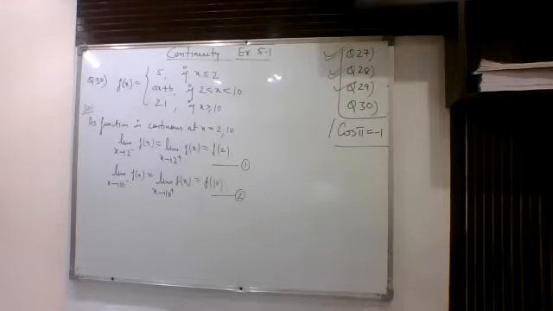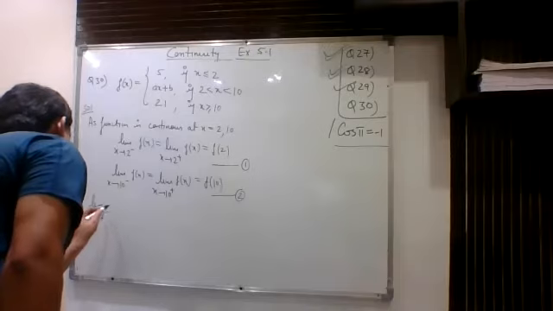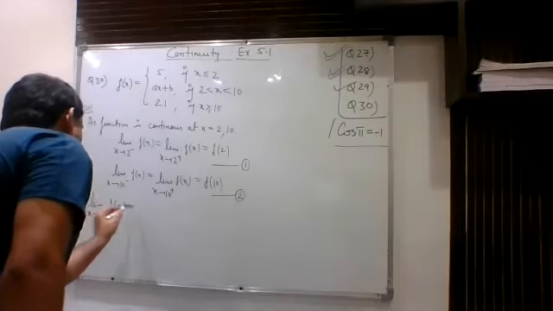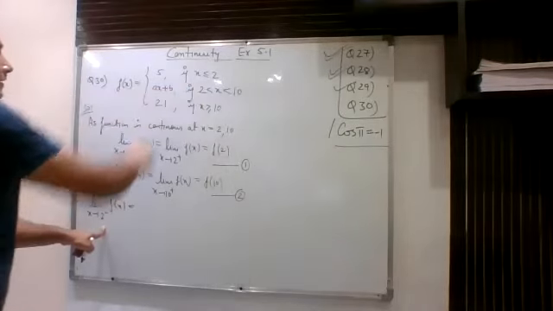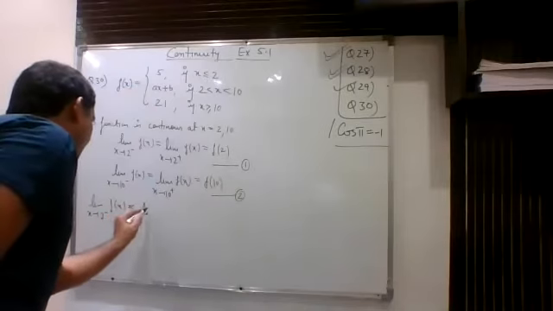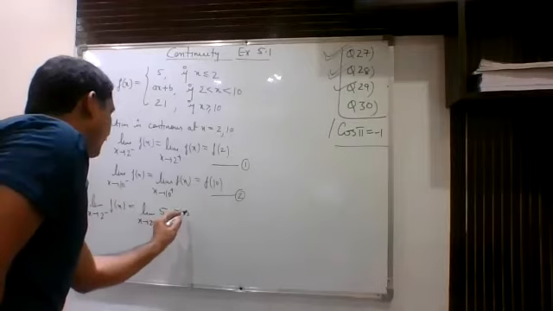So let's see how. First of all, the limit of x tending to 2 minus for the function. When you are approaching from the left direction for this 2, this is the value. You will write this as a limit of x tending to 2. So it's a constant function 5. So your answer will be 5.